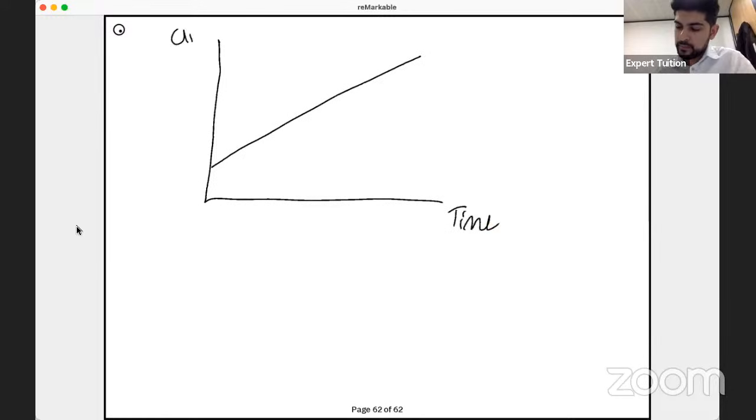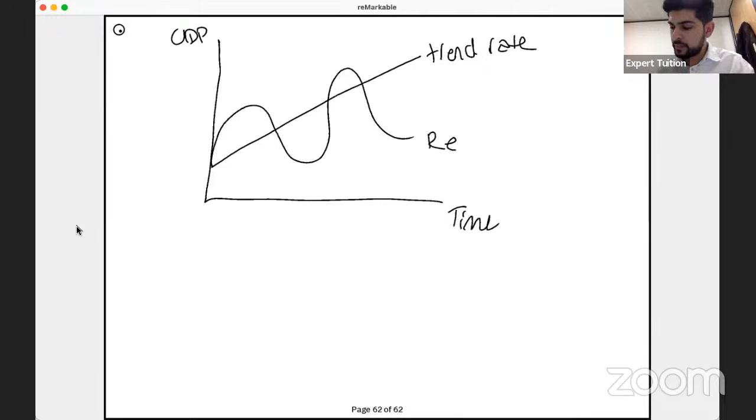We have time and GDP. This is the trend rate of growth. This is what your economy is expected to grow at on a year-to-year basis. And then this is the reality of how it grows, yeah? Real GDP. The cyclical deficit basically is the part of the fiscal deficit that will automatically adjust based on where you are